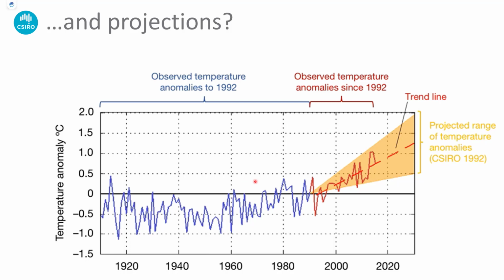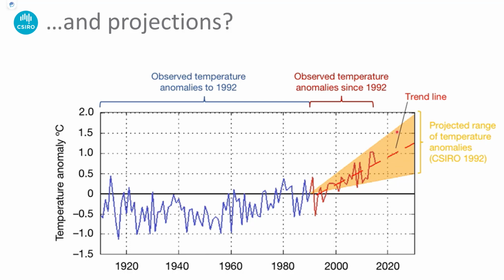And again, this is for Australia, and we're seeing the annual average temperature as recorded by the Bureau of Meteorology to this point, which is where our projections were released, and then in red, the Bureau's data going forward in time with the trend line from the 90s till now in this dashed red line. And the orange band, this cone-shaped band, shows the range of projected change in temperature from those 1992 climate change projections. And you can see that that lines up really well. Those projections did a great job of projecting what the future temperature for Australia might be.